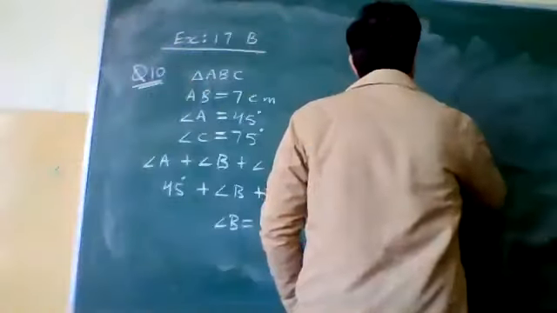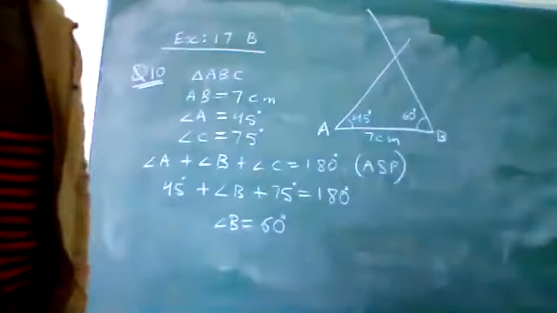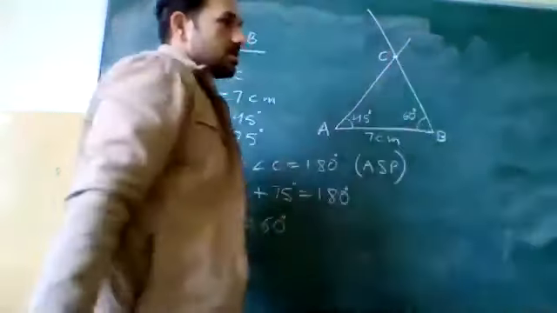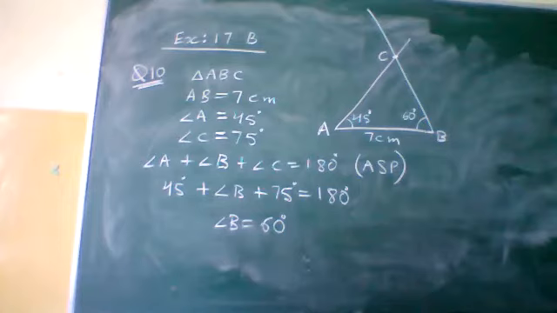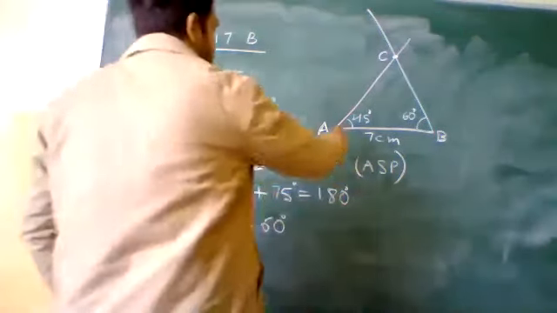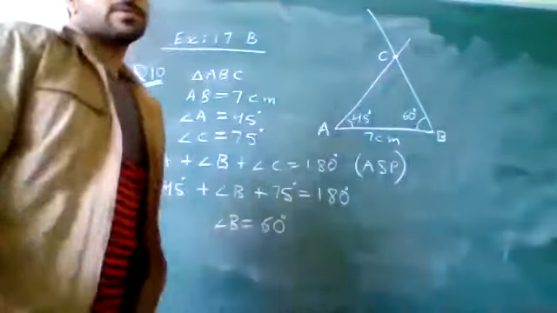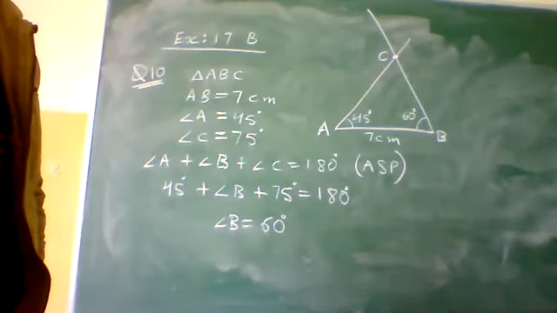Angle B 60 degrees, something like this. So the point of intersection of these two lines, this is C. ये आपका C आ जाएगा. So it will look something like this triangle that you are making. Now, the important thing is that if you have constructed these two angles properly, then if you measure angle C, you will see that angle C will be 75 degrees automatically. Got it? Understood what I'm trying to say?